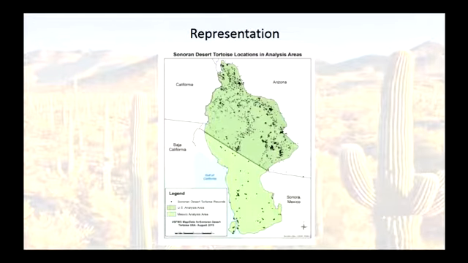So we had that meeting and we elicited all those conceptual diagrams of how their ecology worked. And that was really useful for us to know, to start to get an idea of how we might model this system and the key things that we were going to need to try to predict in the future to make good predictions about the future of the species. So the next step was to try to think about representation and what kind of representation was out there with the species and what we needed to try and preserve.